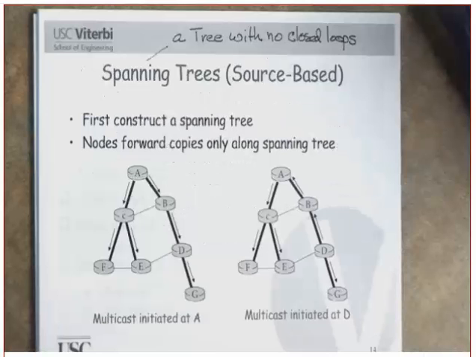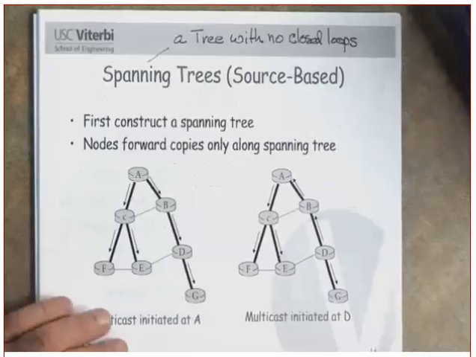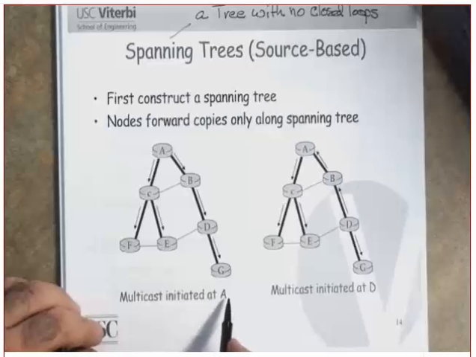If he receives a copy from a what? He will ignore it. The multicast packet needs to come from a parent port, which is what? Which does pass back to the sender. See this one here? These are the same copy. This copy, this one, but he does not send it to here.